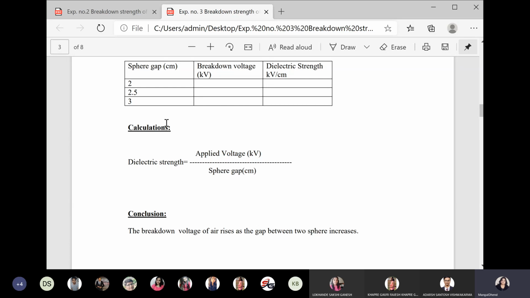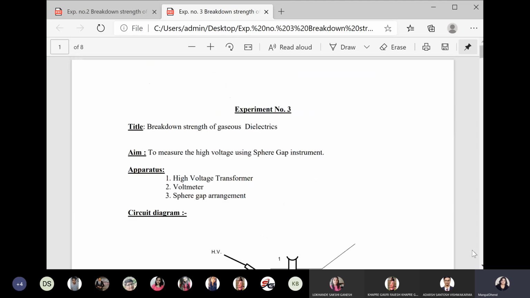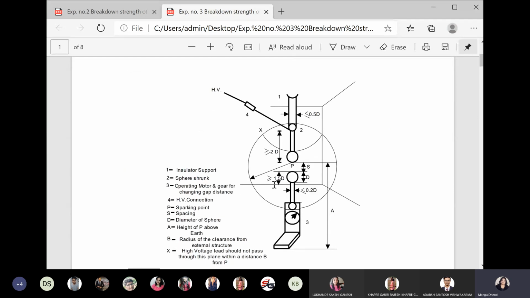In the lab, it's not possible because once we have purchased the sphere gap, variable diameter of the sphere is not possible. And you know the sphere gap assembly is very costly. At the time the cost was 1.5 lakh, and today it will definitely be about 3 lakh. So we cannot have two spheres of different diameters and check the effect of diameter. But virtually it's possible. I will share my video. You watch that video and simultaneously start performing the experiment. Okay, so let us start.